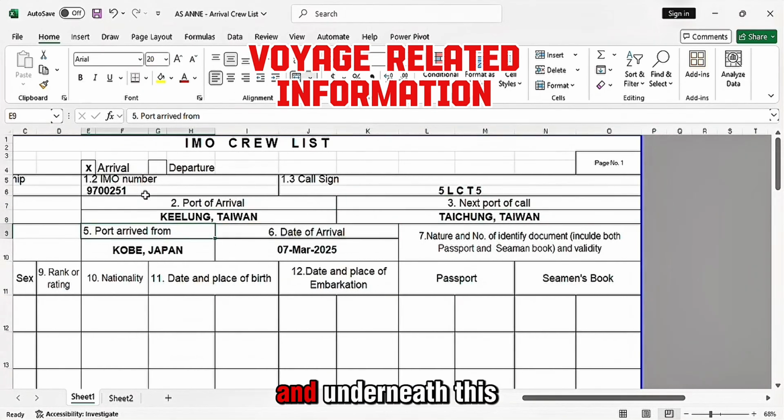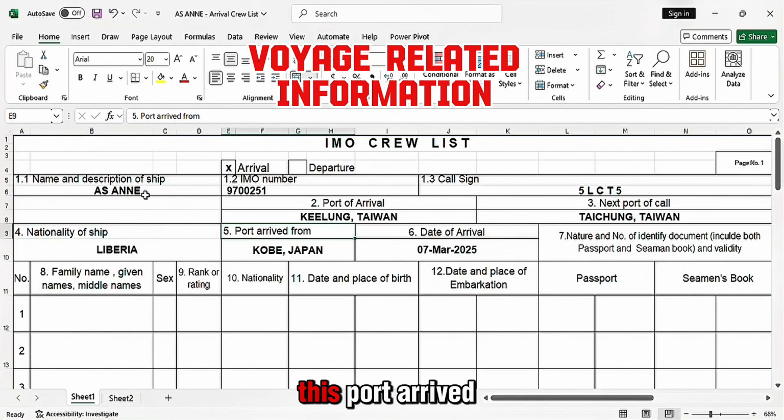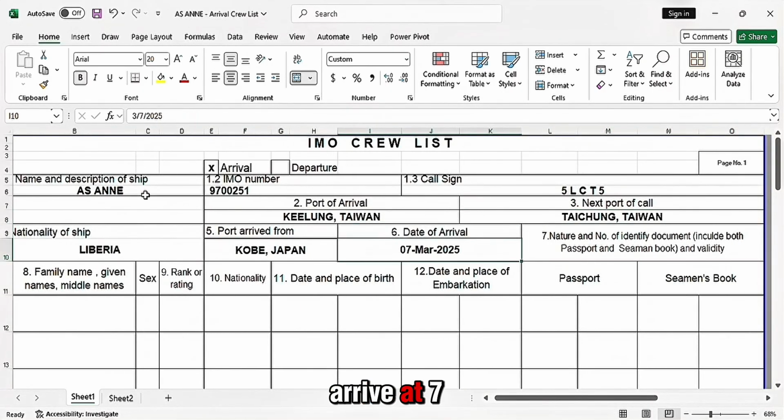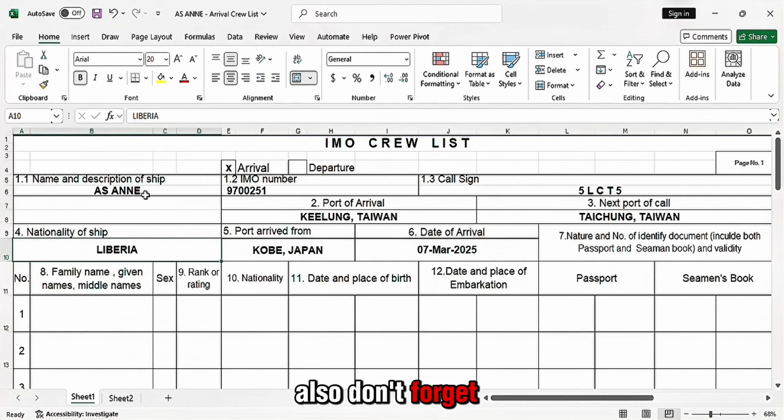Underneath is the port arrived from, which means where the vessel departed before Keelung. We were in Kobe, Japan before coming to Keelung, and the date of arrival here is the date when you will arrive at Keelung. So we will arrive on the 7th of March 2025.